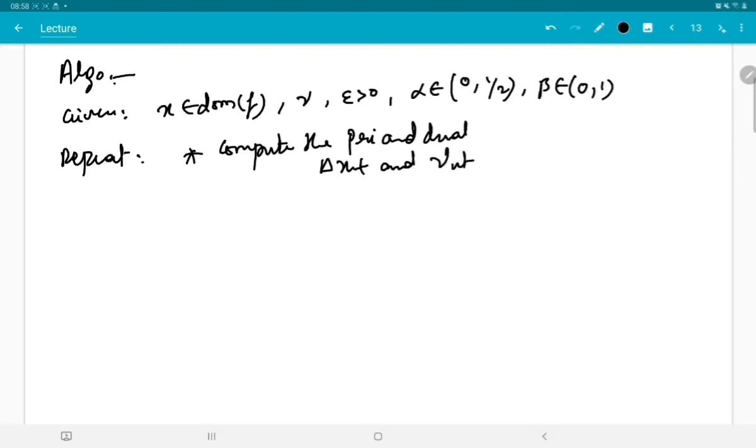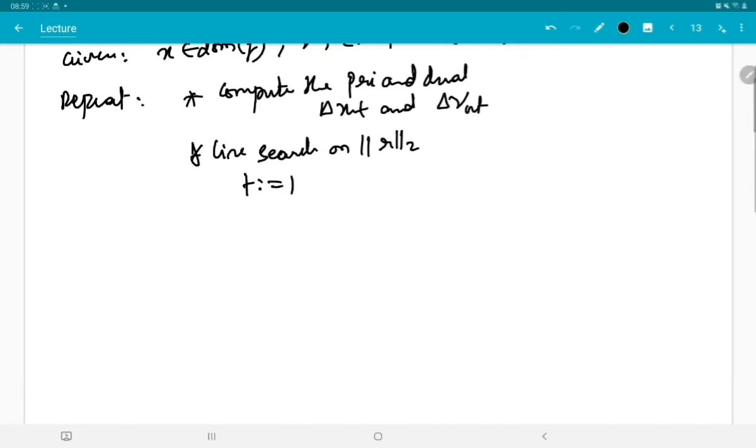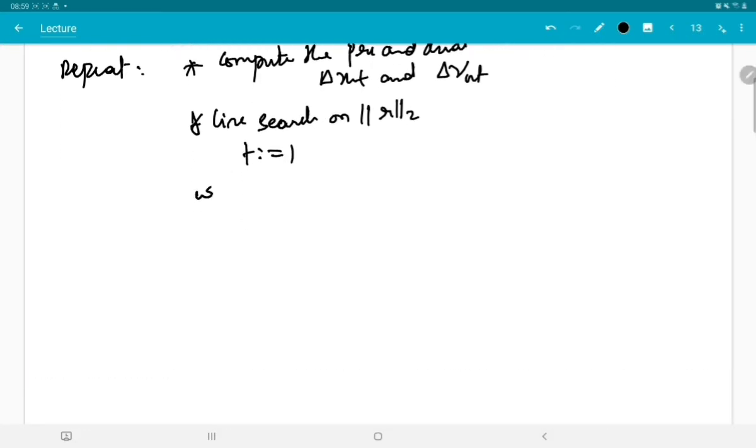Delta x pd and nu pd is the same notation, same thing. Delta nu pd or nu nt, and then line search for t. Line search on r2. This is our new metric. This is the new variable on which we are dependent. So initialize t as 1, and then while